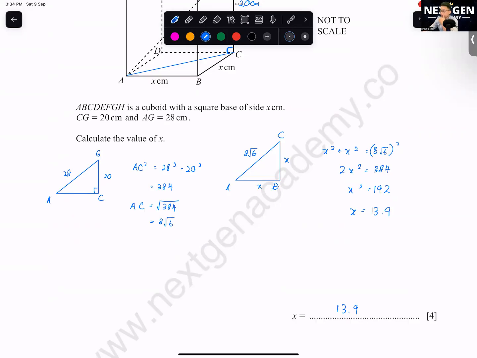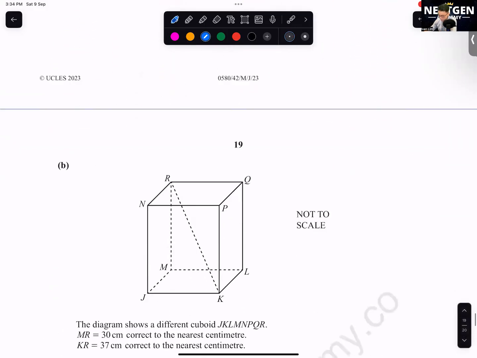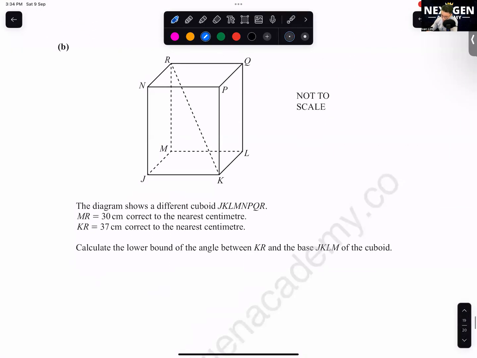Okay, last one. Okay, this last one is a pretty interesting question. Okay, it's an upper bound, lower bound type of question. The diagram shows a different cuboid, MR. They gave us here, MR is 30 cm, correct to the nearest centimeter. KR. Okay, where's KR? KR is 37 cm, correct to the nearest centimeter also. Okay, when they say this word, correct to the nearest centimeter, means it's an upper bound, lower bound type of